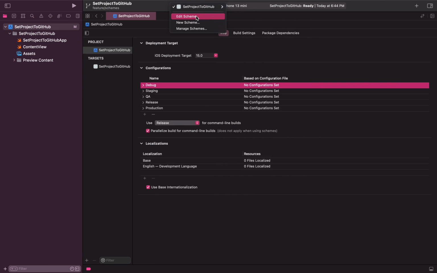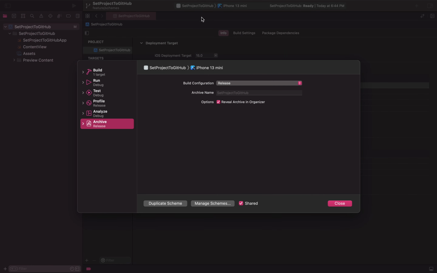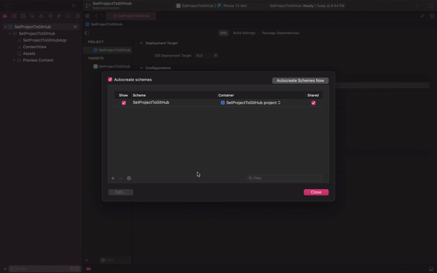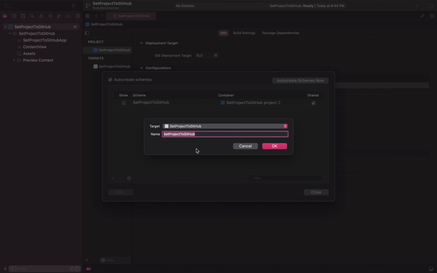but if you see, we do not see these environments in this section. To do that, just go to edit scheme, and in here you'll see the environments, but before that click on manage schemes, and we do not have all those environments here, so we need to add them. I'm unchecking this default scheme and adding a new scheme.